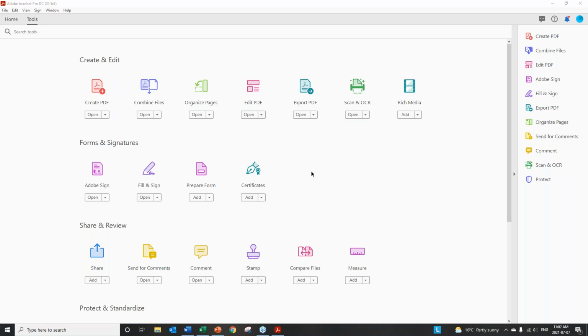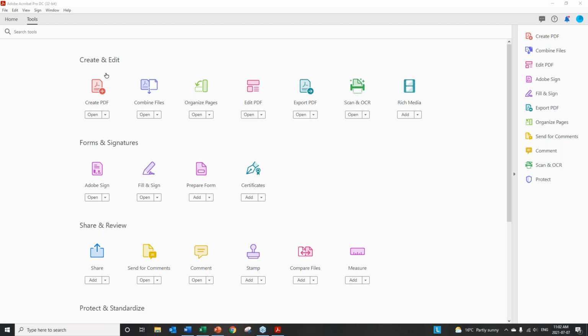Well, good morning, everyone. Welcome to the first of 4 webinars on Adobe Acrobat Pro DC. This week's session is going to focus on the Create and Edit section in the Tools panel. So you can see I've got Adobe open here. I'm under Tools. So we're going to be focusing on this first row of icons, and we're going to be